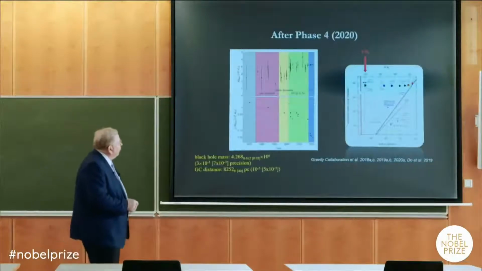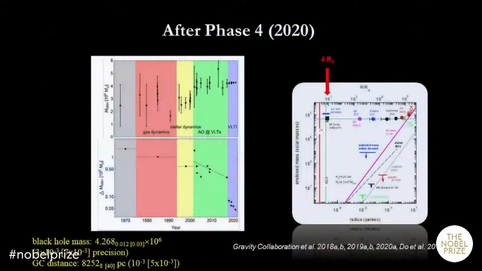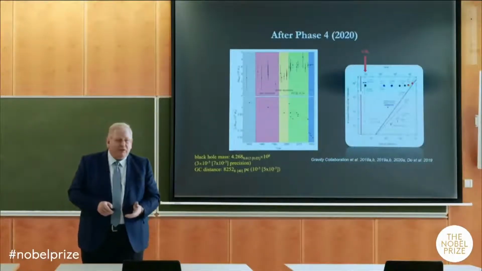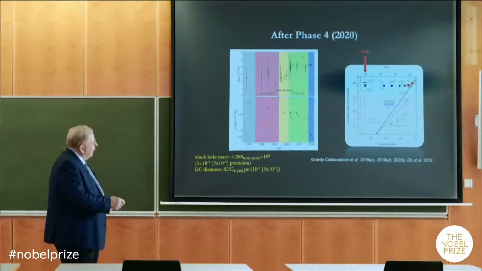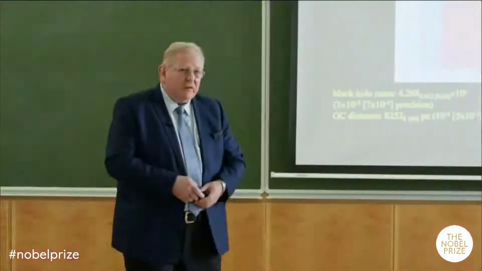So here we are, after phase 4, Peri has happened. Now, as you see, with GRAVITY in particular, our accuracy of measuring the mass is better than 1%. In fact, the statistical uncertainty is 0.3%. So that's a precision measurement, something which you can do not very often in astronomy. And we can penetrate now basically from the sphere of influence, where we showed the first measurements in phase 1, all the way inwards by 6 orders of magnitude close to the event horizon size.